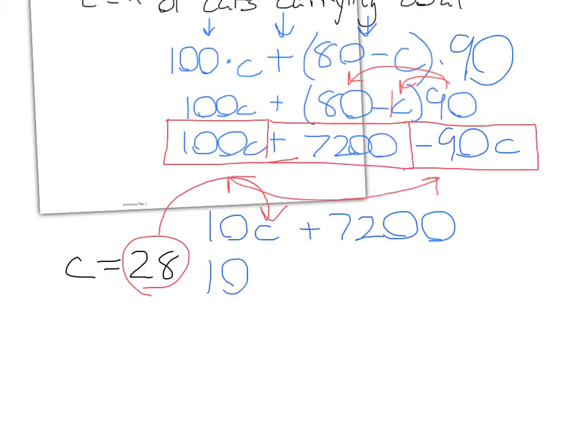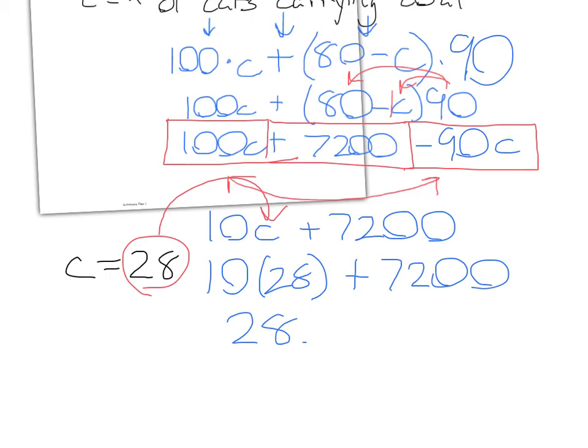And remember, 10C is 10 times C. So make sure you are somehow indicating that you are taking 10 and multiplying it by 28. I like to use parentheses. And now we use proper order of operations because variables are gone, which states multiplication before addition. So the first thing we have to do is 10 times 28, 280. And then of course we add to that 7,200. And 280 plus 7,200, that's right,